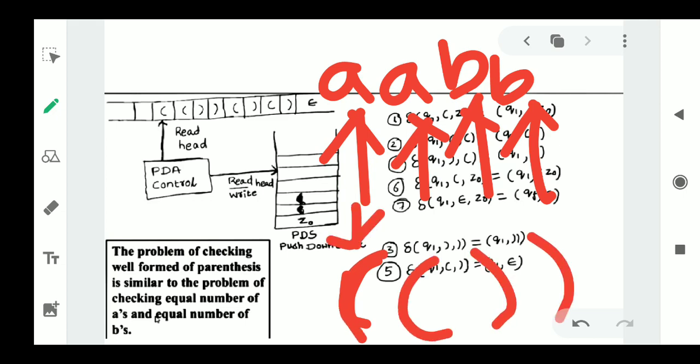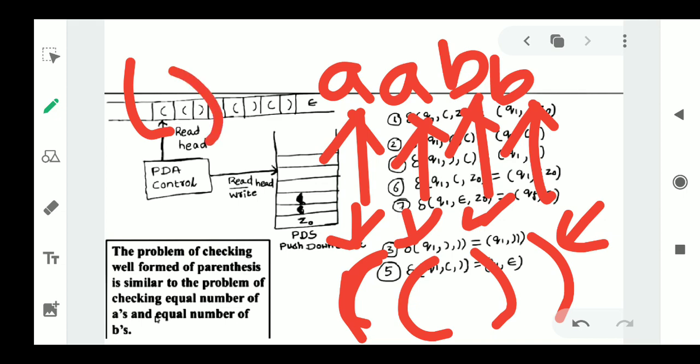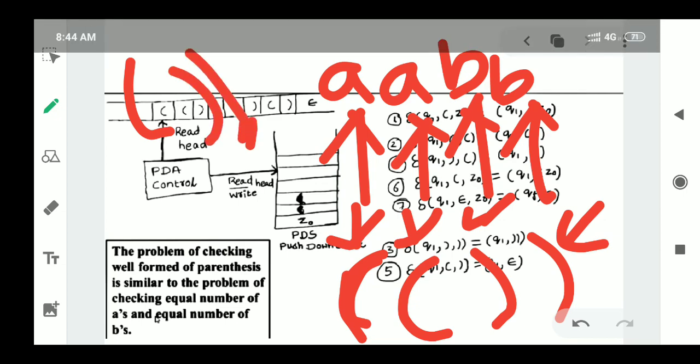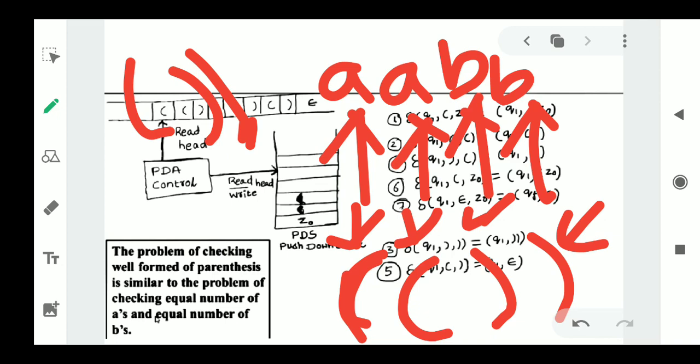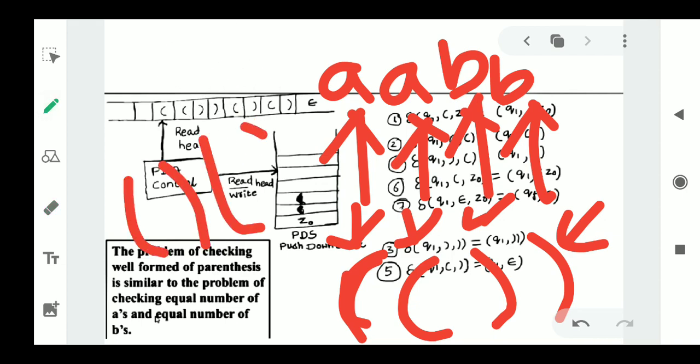We have a left parenthesis here, just push. Again a left parenthesis, just push. And after that we have a right parenthesis, pop that. Again we have a right parenthesis, pop that. Suppose there is a parenthesis string like this one: left parenthesis, right parenthesis, right parenthesis. And one more thing, see, we will not get it like this. This is not an example of a well-formed parenthesis. For a well-formed parenthesis like this one, two pairs of parentheses we will get.